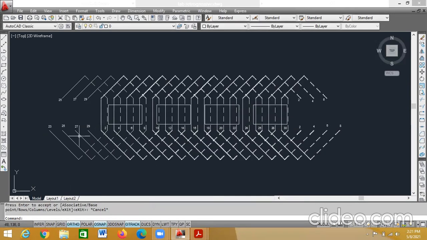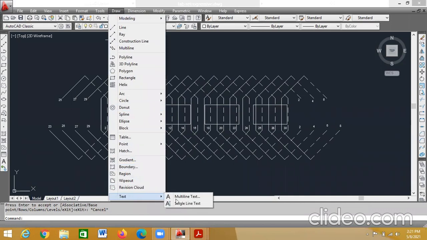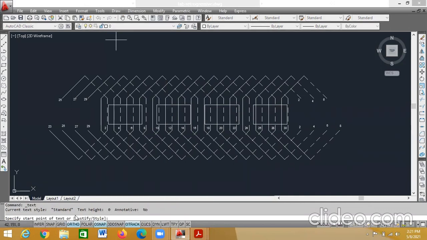You will get the poles. 4 poles, I have repeated again. These are the 4 poles. Now I have to name the poles north and south, north and south. So again go to draw, text, single line text. It is asking start point. Click somewhere here. Height. Now height, let it be 1. Till now I was giving 0.2, whatever it is. Or I'll give 0.8, enter. Rotation angle 0, enter. Okay, now I'm getting it. If you want, you can give it 1 also. That is left to you.